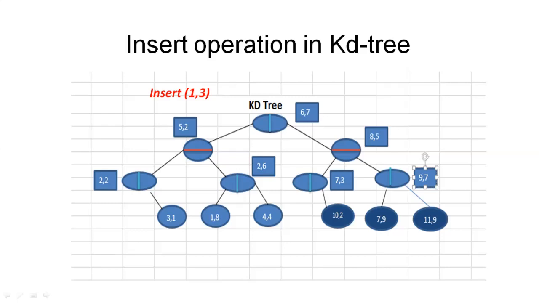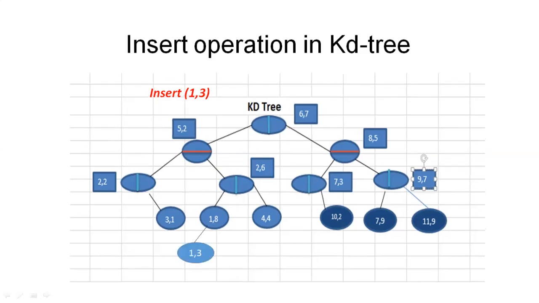Now we reach the leaf node, but note that the current cut dimension will be y. We started from x here, then here it becomes y, then x, then again here it becomes y. So this time we'll be comparing the y coordinate. So compare 3 with 8, because 3 is less than 8, this 1 3 value must go in the left subtree of 1 8. As you can see here, this 1 3 will be inserted as a left child of 1 8, and after that 1 8 will become the internal node.